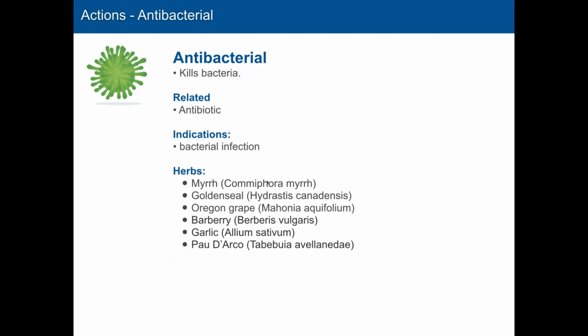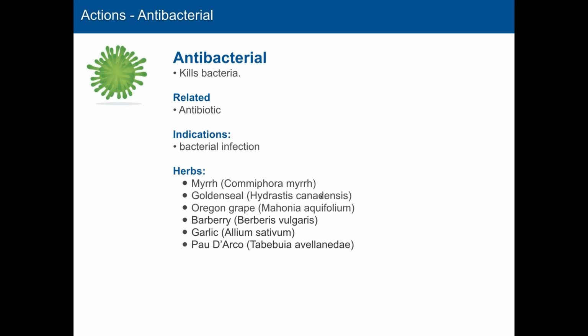Antibacterials, there's lots of them. Now, one of the things with the antibacterials, antifungals, and antiparasitics is that there's overlap. So myrrh is a great antibacterial herb, but it also has antiparasitic effects. It also has antifungal effects. It also has antiviral effects, I think. So I don't know which one is better for it. The nice thing about herbs is they tend to be less specific in their action and have more broad spectrum